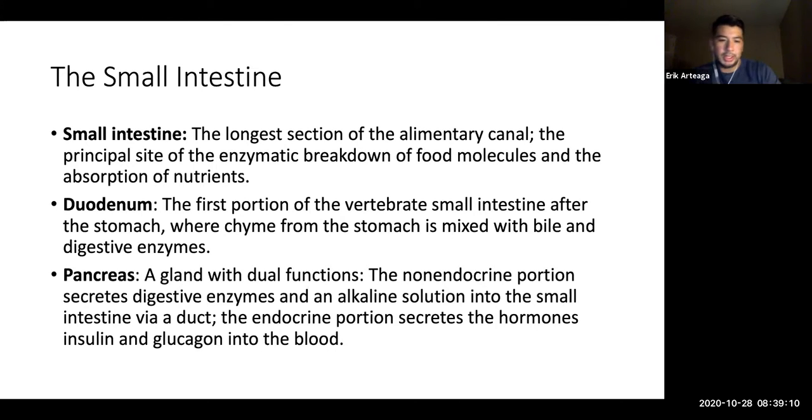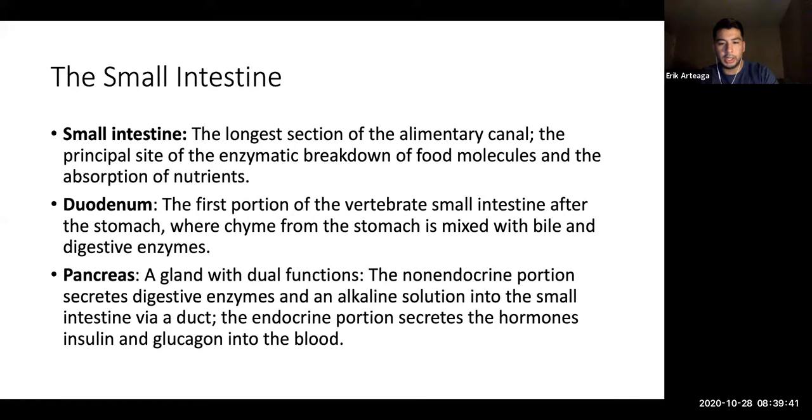So the pancreas is a gland of dual functions. The exocrine portion secretes digestive enzymes and an alkaline solution into the small intestine via a duct. The endocrine portion secretes the hormones insulin and glucagon into the blood. Okay, so